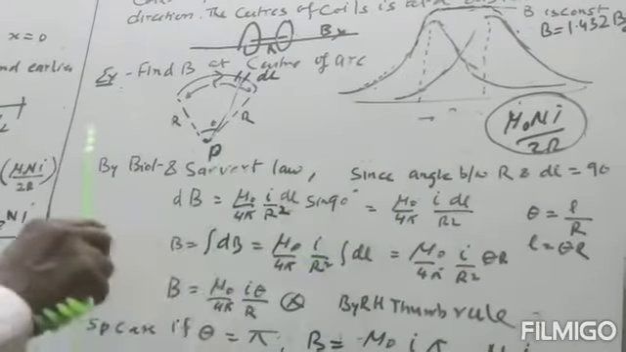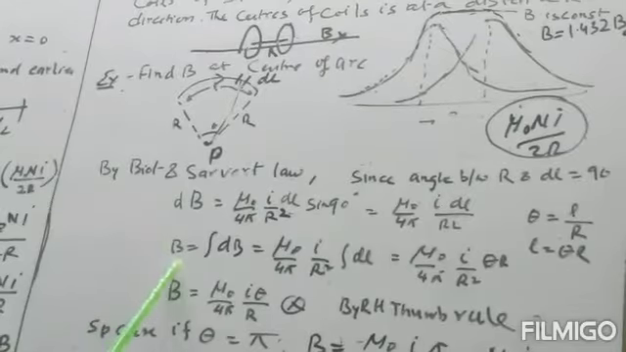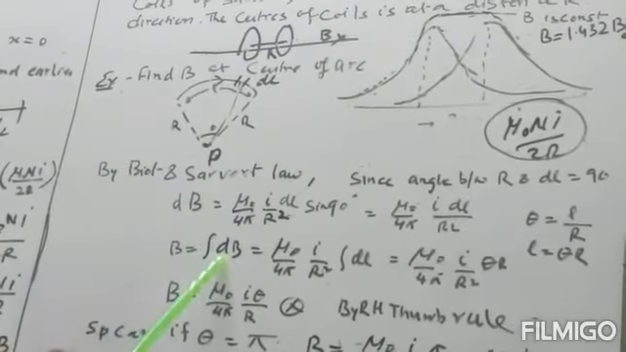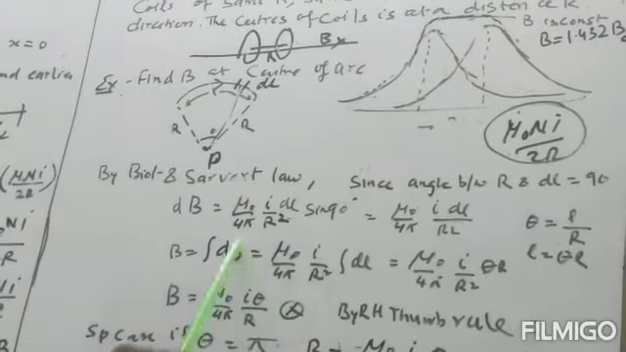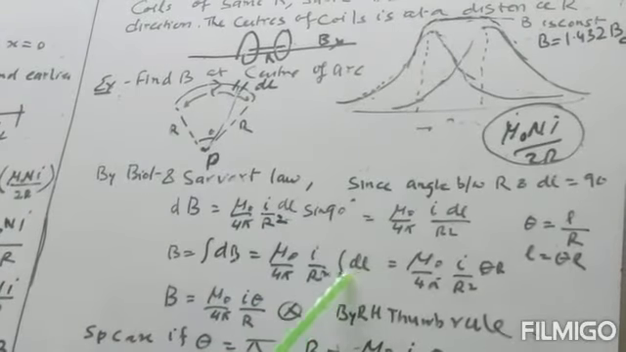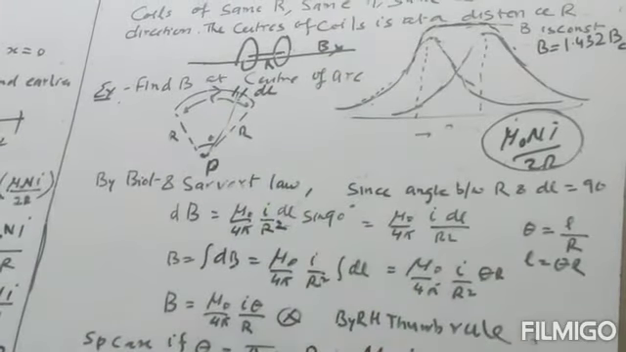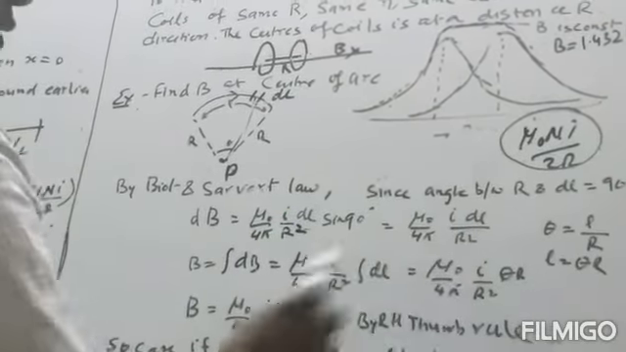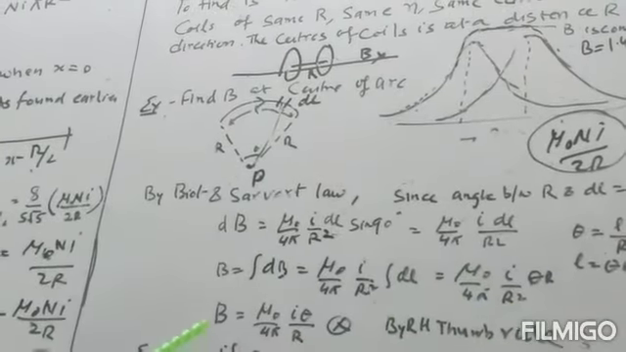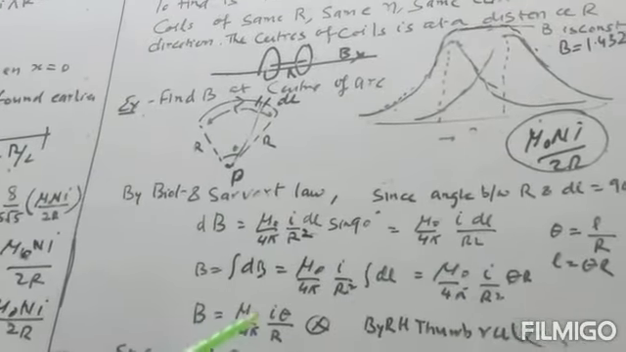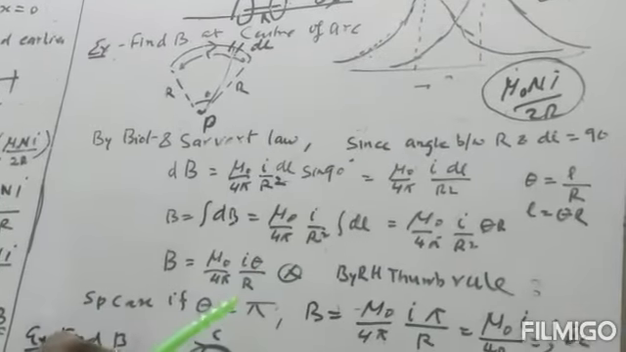So the total magnetic field due to the entire arc will be equal to the integral of dB. It will be equal to μ0/4π. They are constant, I is constant, R is constant. We take them outside and integrate dl. The integral of dl will be equal to L, the total length, and the total length is equal to theta times R. R will be cancelled. So B will be equal to μ0/4π · I theta/R,